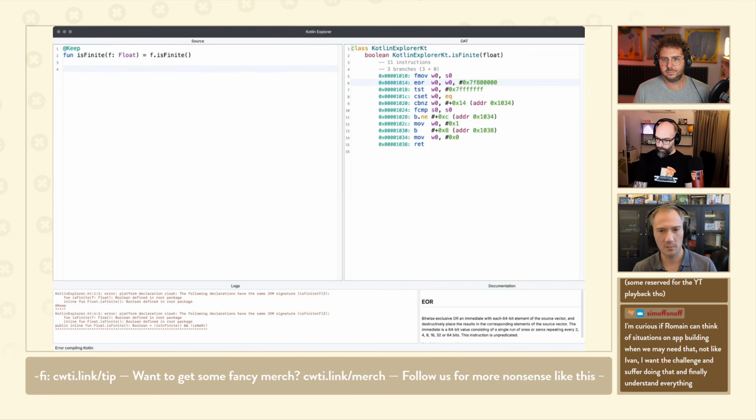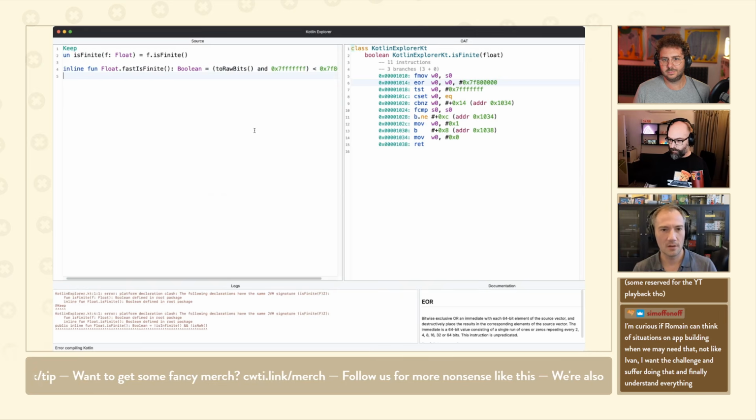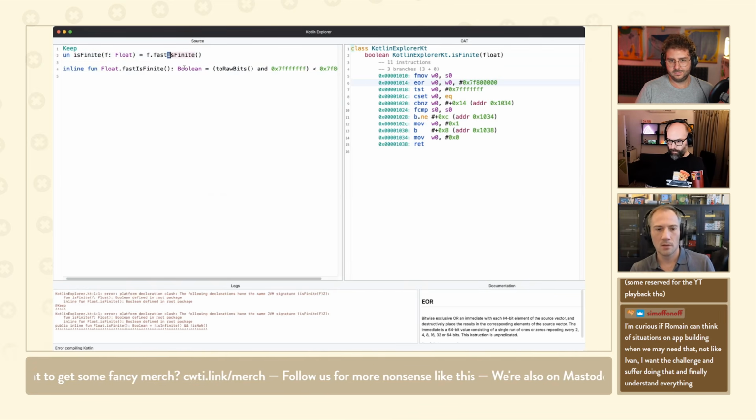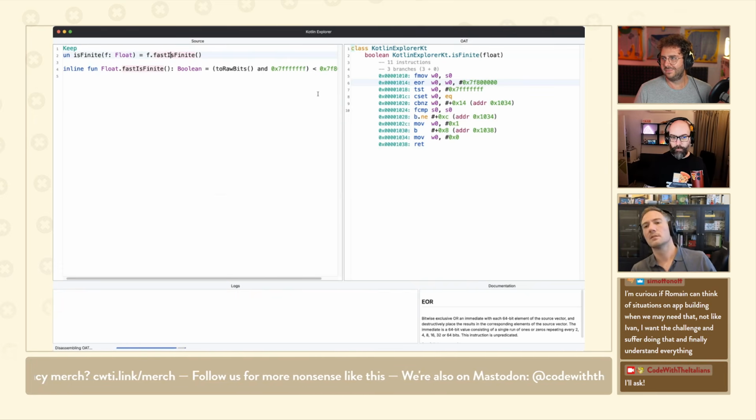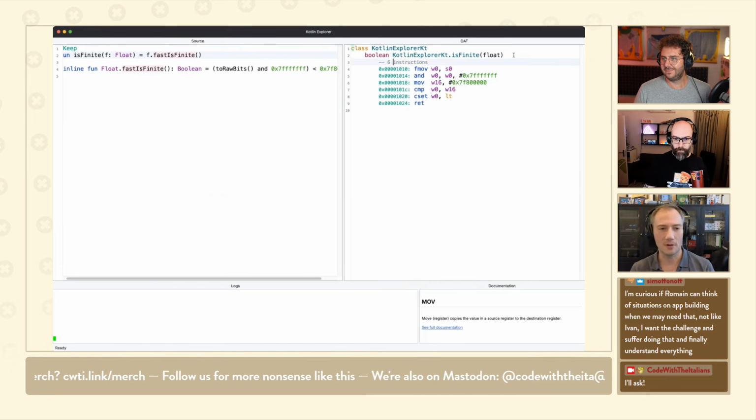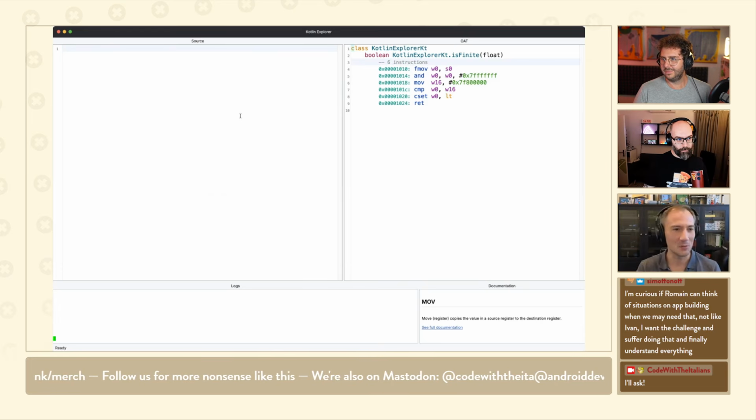Okay, so let's bring back my function. There we go. So that's my function. Fast is finite. So 11 instructions, 3 branches, and now we're down to 6 because we're doing the minimum amount of work. And I wish that's the kind of stuff that the standard library was doing.